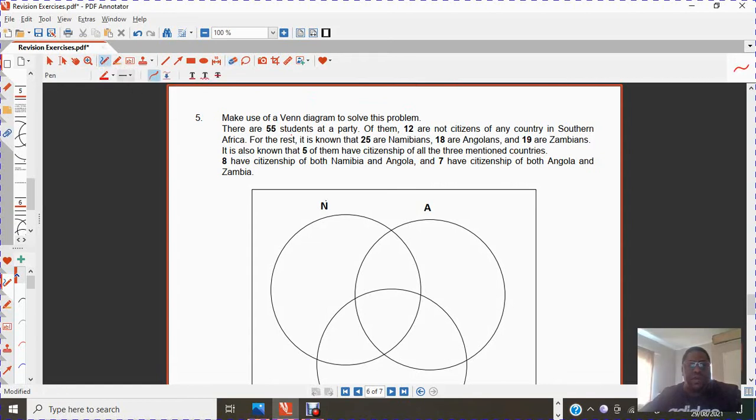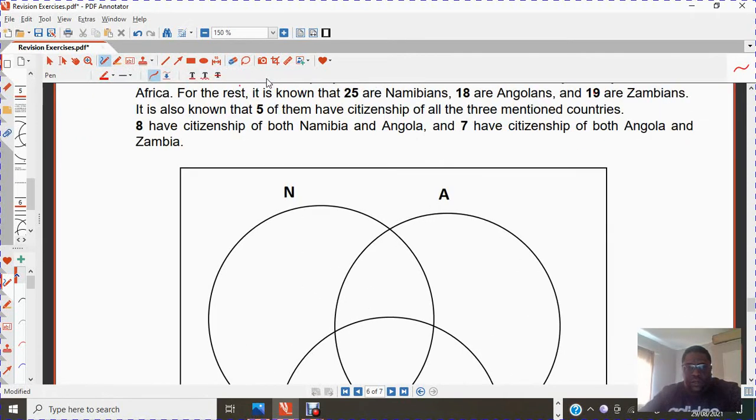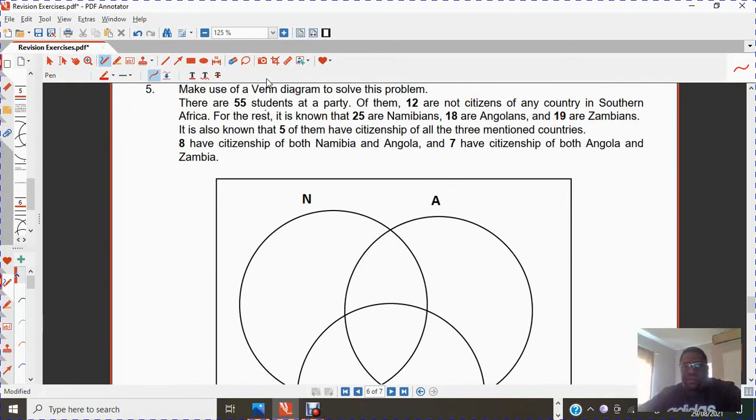So I have a question that I have received from some learners on Venn diagrams, and I want us to have a look at this question together. It says, maybe if I just zoom in here for a minute, there are 55 students at a party. Of them, 12 are not citizens of any country in Southern Africa. For the rest,